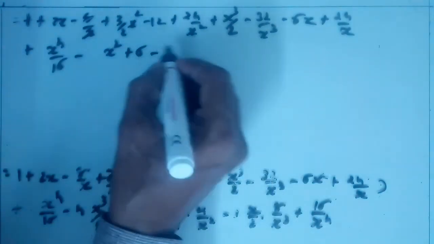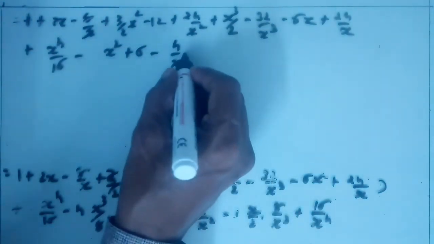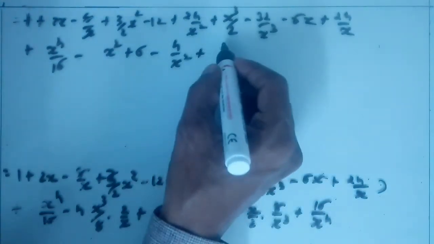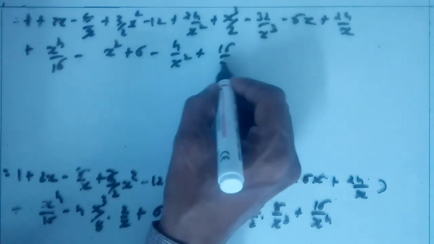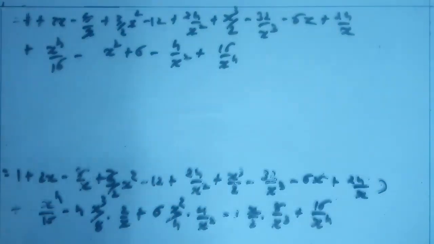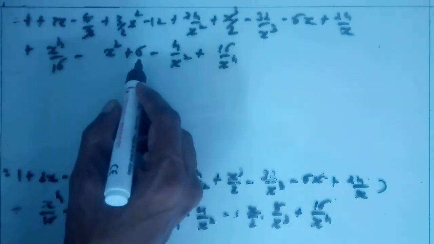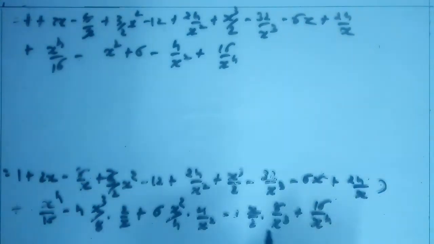So minus 4 upon x square, clear, plus 16 upon x raised to 4. Okay, x raised to 4 minus 16 minus x square plus 6 minus here 4 upon x square, here 4 already given,